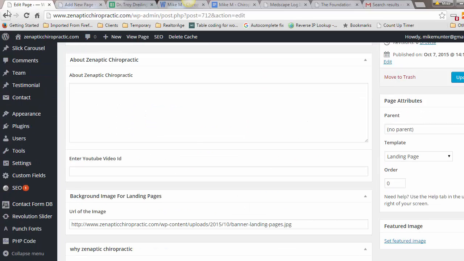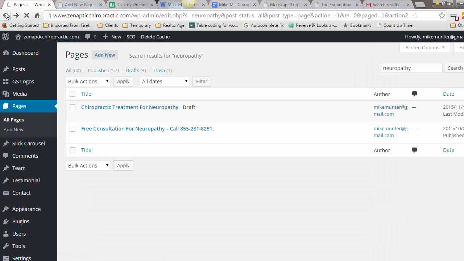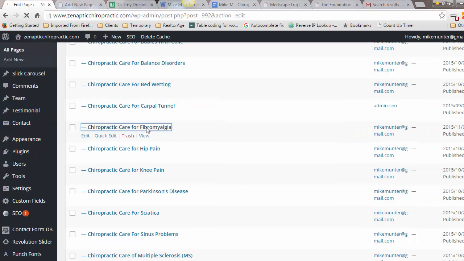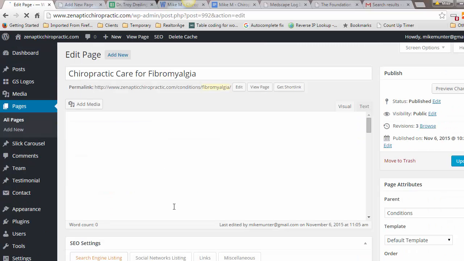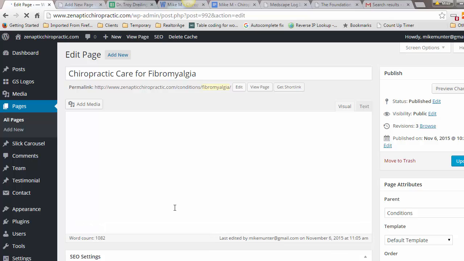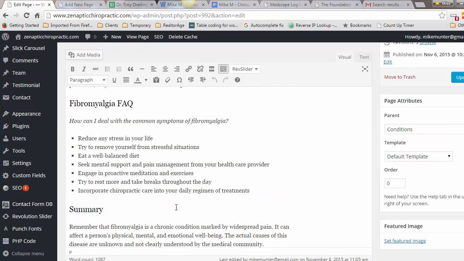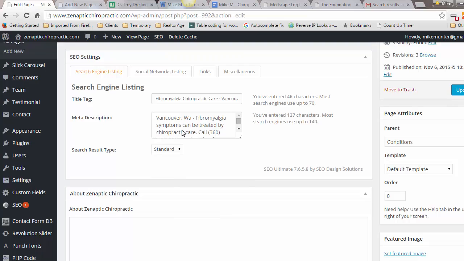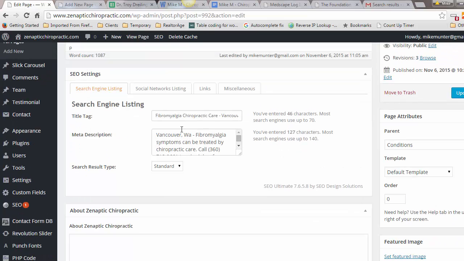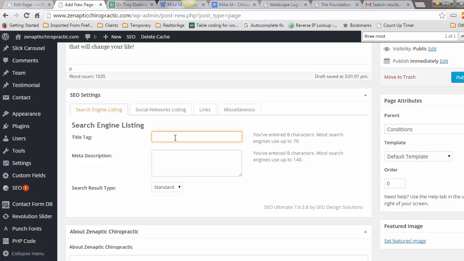And I like to use a page I've already been working on, so I'm going to go back to the fibromyalgia page. Now for a title, for a local business, you always want to try to get the keyword and the location in the title. And you'll see how I'm doing this so that he can rank. Okay, so I'm just going to make it easy. Control A, Control C. Come back over here. Control V. And obviously it's not fibromyalgia, it's